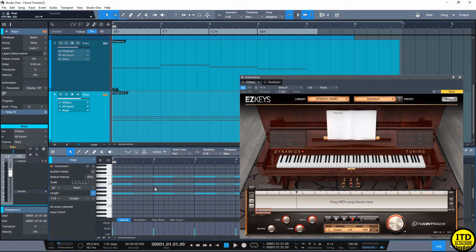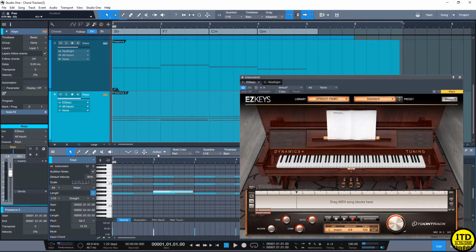And I don't actually find this to be a drawback because I do not want the chord tracker to add or remove what I played. I want it to transpose it and to change what I played into something that's going to fit the song, not something that isn't what I played. Now that sounds like it's the same thing, but it's not. So what I'm going to do, add a note,